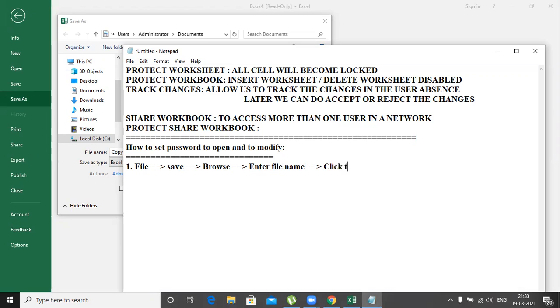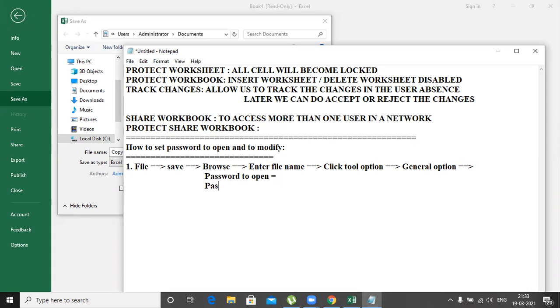Click the tool option. In the tool option, we have general option.